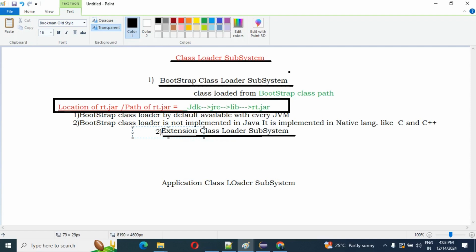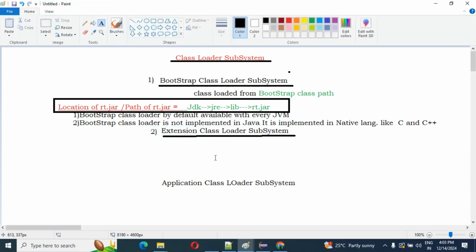This thing you also need to understand. So guys, what is the second class loader subsystem? That is the extension class loader subsystem. Please be concentrated. The first part we have already covered, that is the bootstrap class loader subsystem. Then I am going to explain what the extension class loader subsystem is.